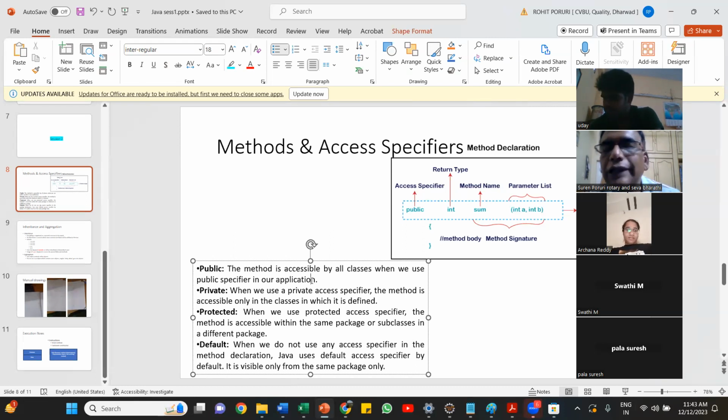Okay, so that is what is called the access specifier. Access specifier is specified for what? You specify it for the fields. You also specify it for the methods. Okay, so now the next question is